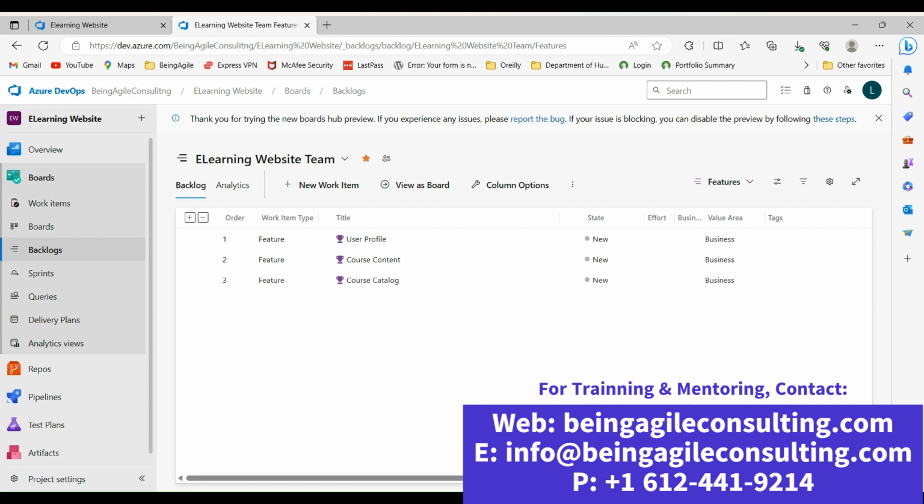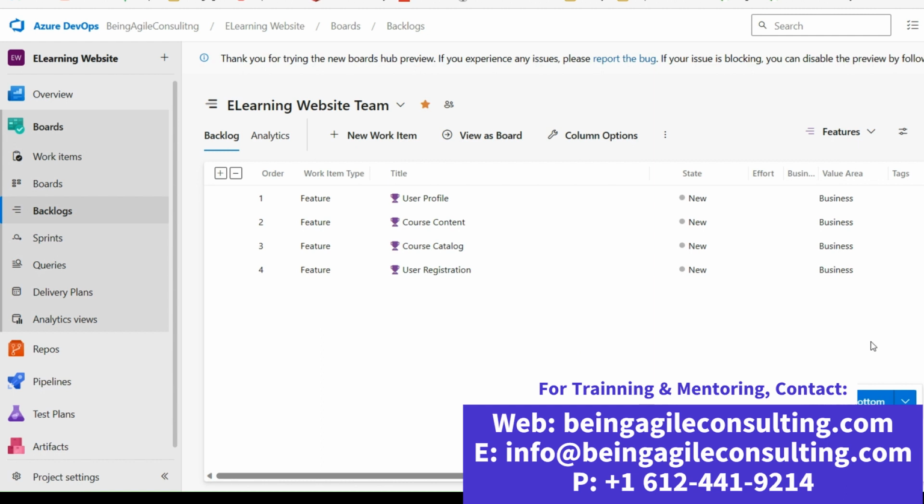And then we add user registration. So those are the features. And then after generating the features, as you can see, we have 4 features under this delivery plan, which means that we are hoping to deliver all these 4 features under this particular plan. So now I would like to show us